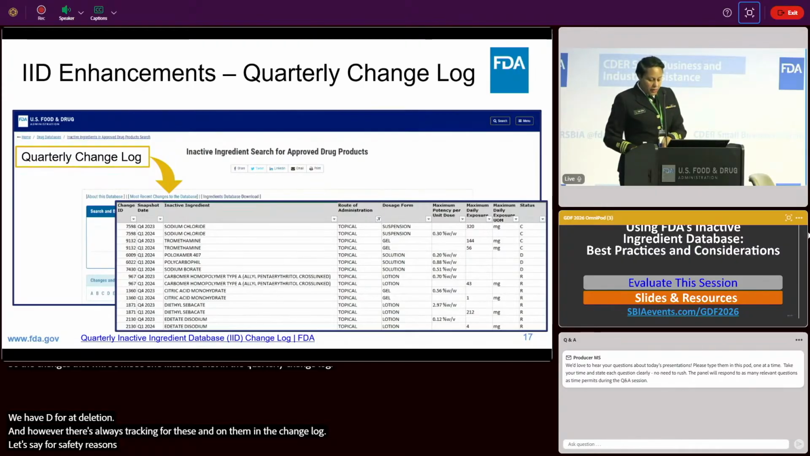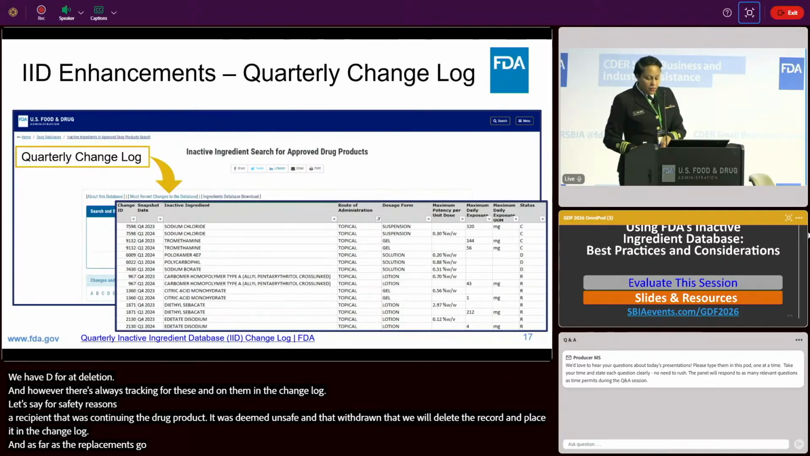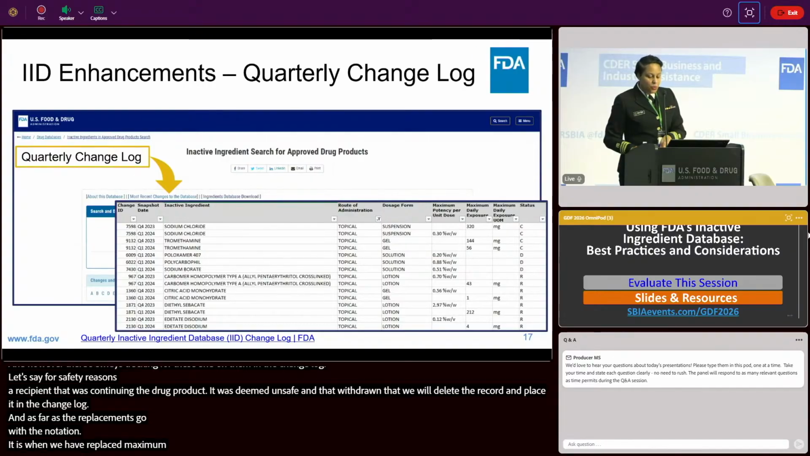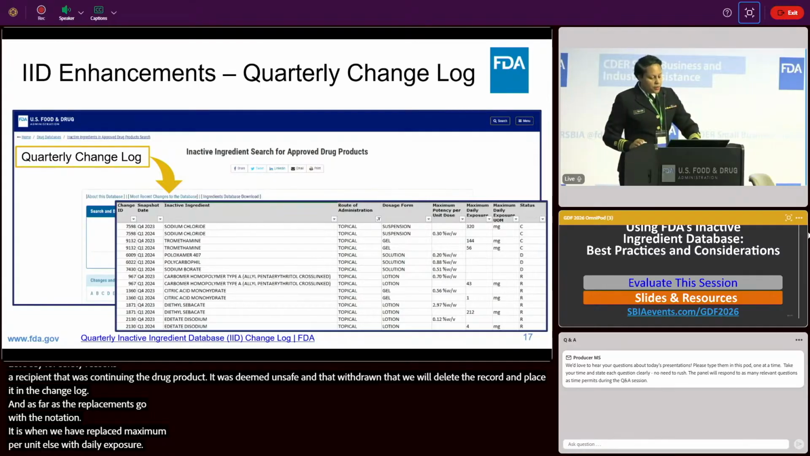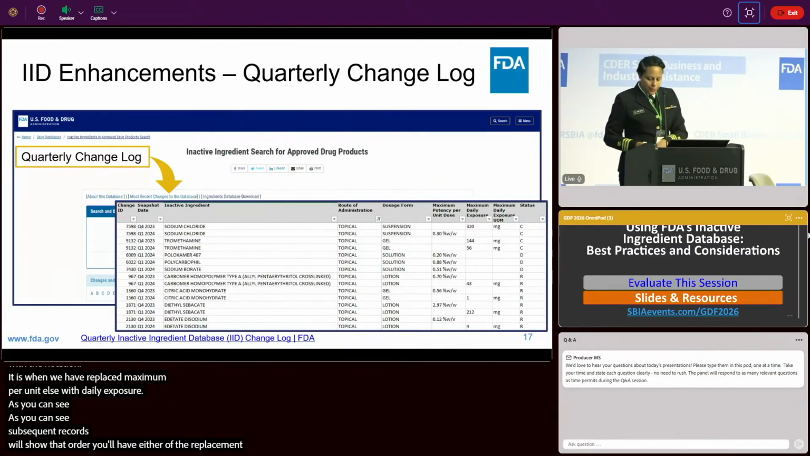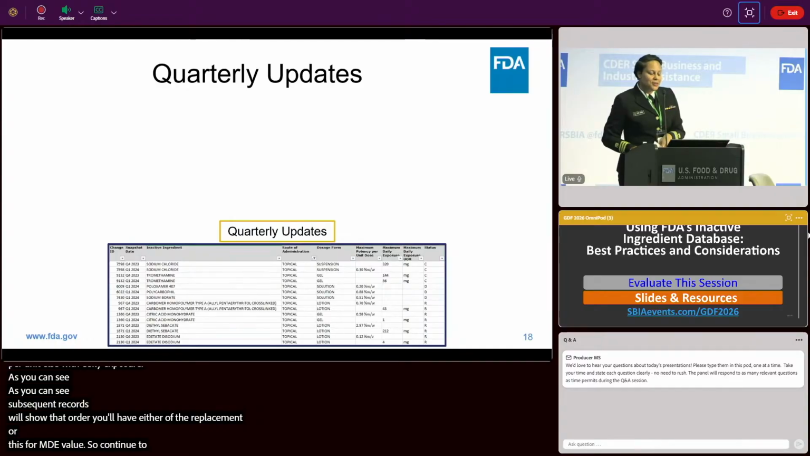And then as far as the replacements goes, with the notation of R, it is when we have replaced a maximum potency per unit dose with a maximum daily exposure. Okay, and as you can see, subsequent records will show that in the quarter, you'll have either the replacement of potency for MDE value. So please continue to monitor the IID and please get access also to the change log